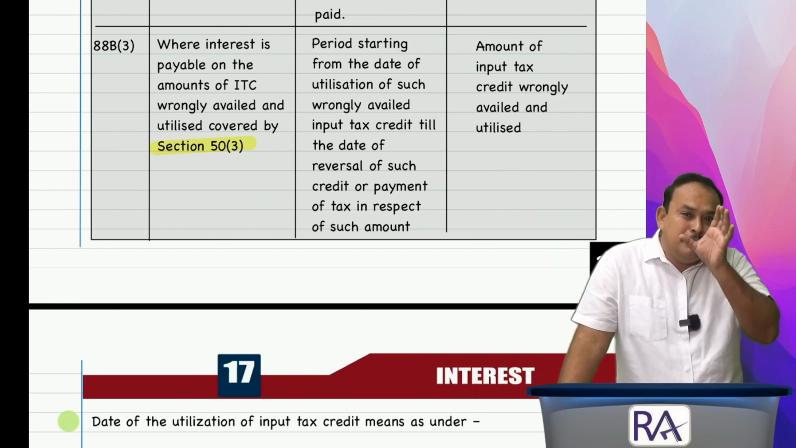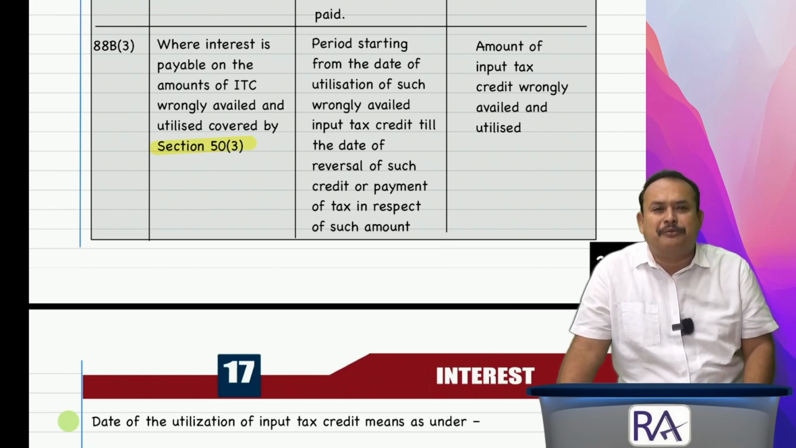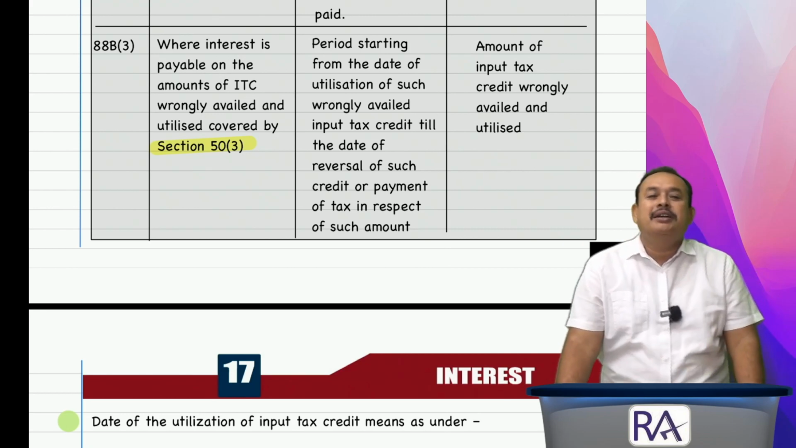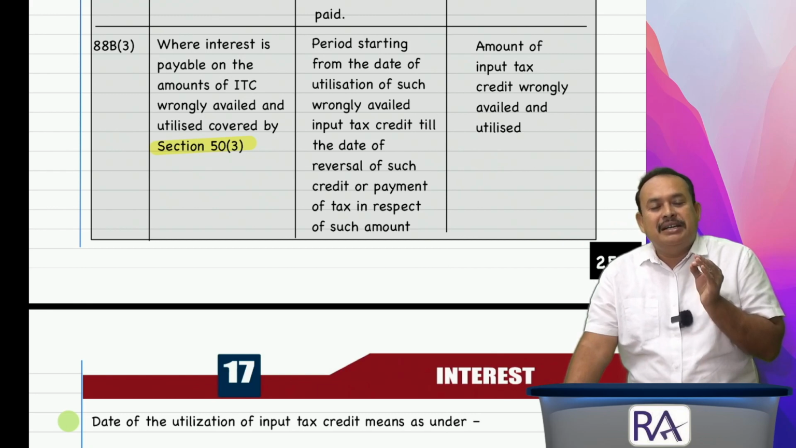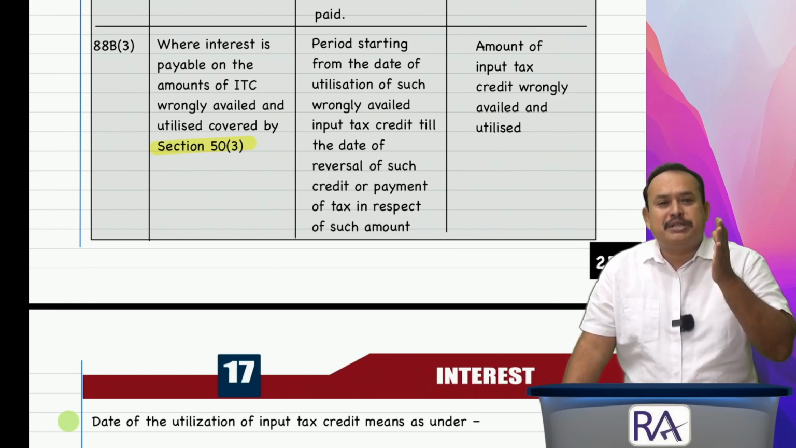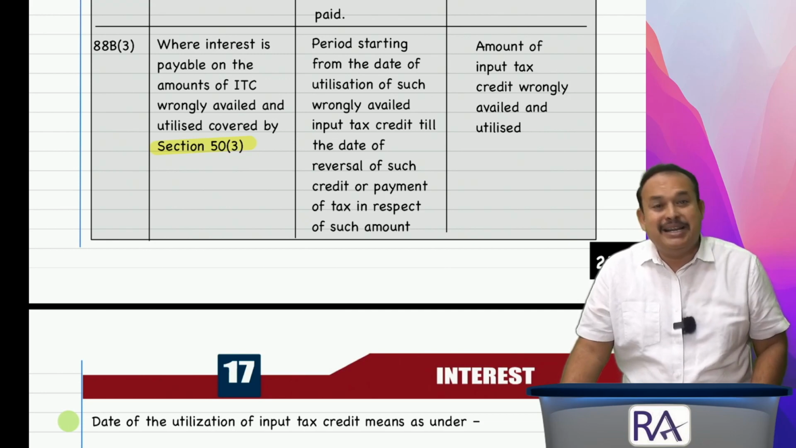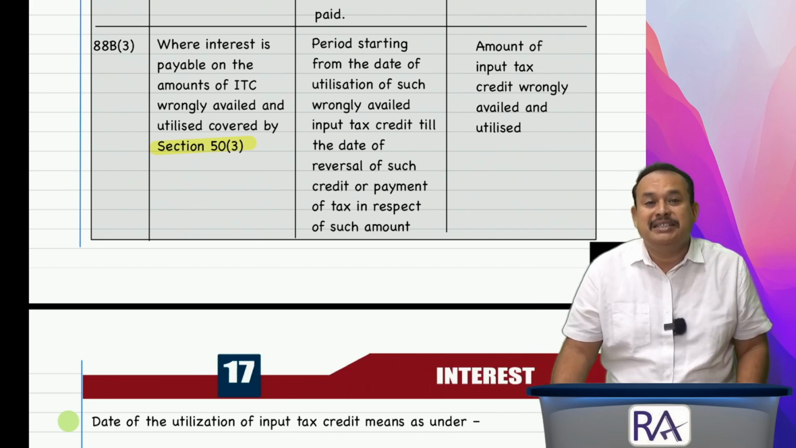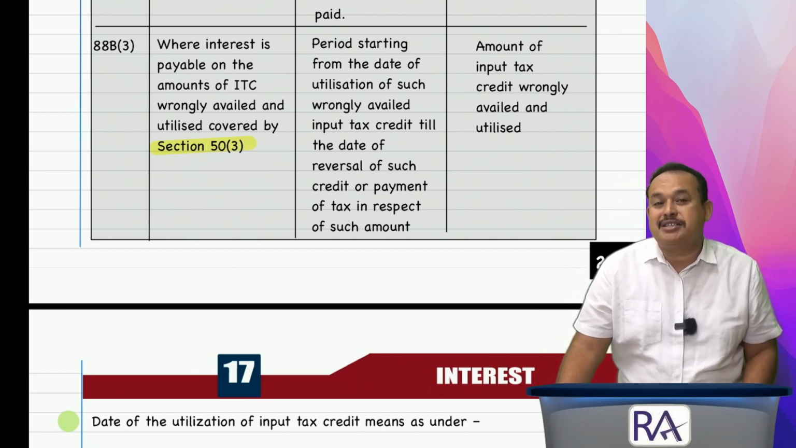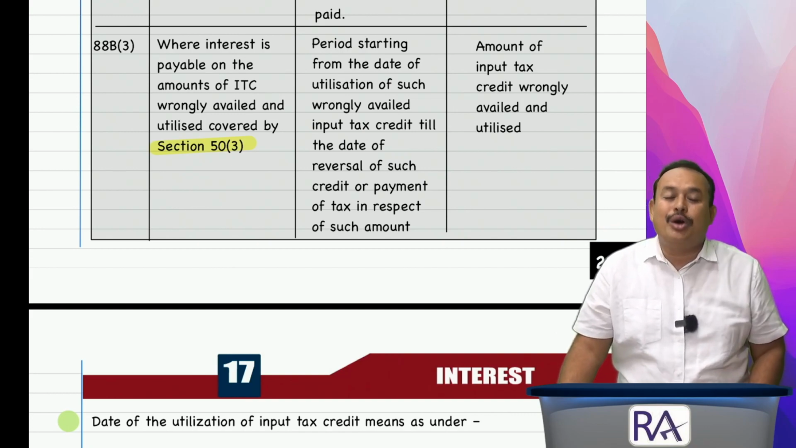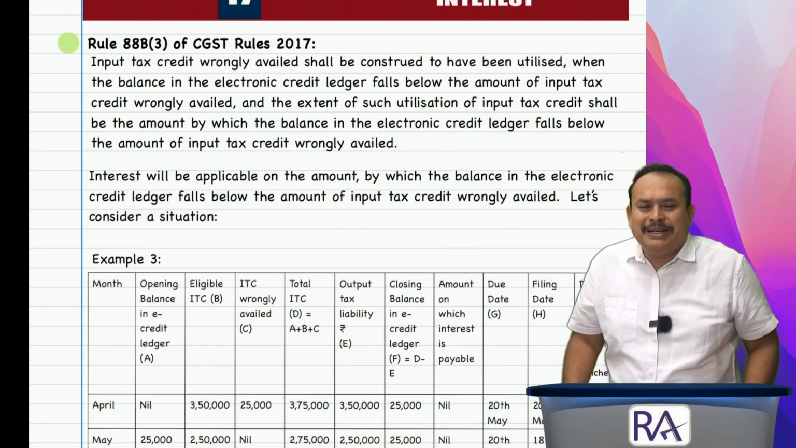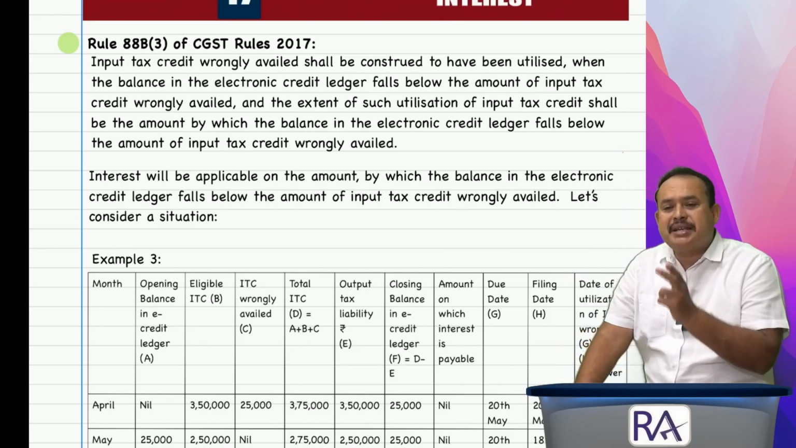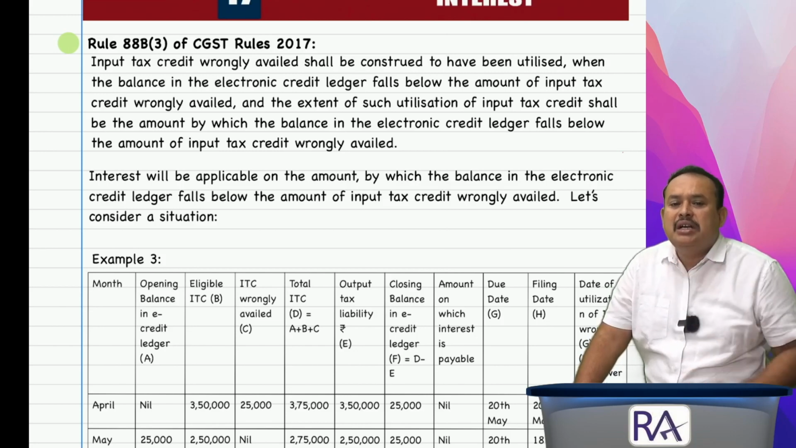Now the point is how to understand the spirit of this particular Rule 88B(3) read with Section 50(3). I am bringing to your notice an excellent illustrative presentation which will enlighten our understanding of Section 50(3), at the rate of 24% interest per annum on input tax credit wrongly availed and wrongly utilized. Rule 88B(3) of the CGST Rules, 2017 says input tax credit wrongly availed shall be construed to have been utilized